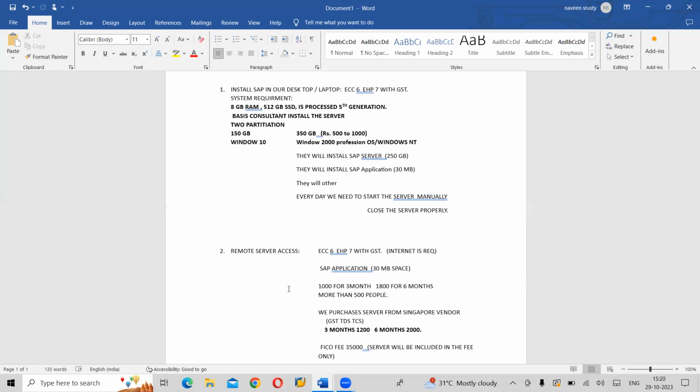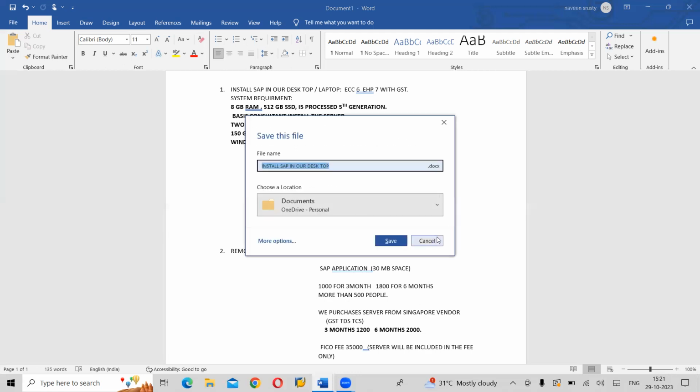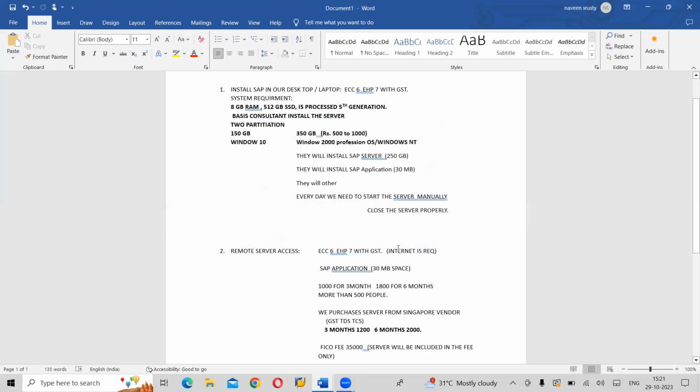But here we can't charge less than this, because it is a high speed server, and at the same time the latest server, as I said, with the GST, with the TDS, with the TCS. This is an absolutely new server which we purchased. Okay, so this is about your server access. So you can take a call accordingly.